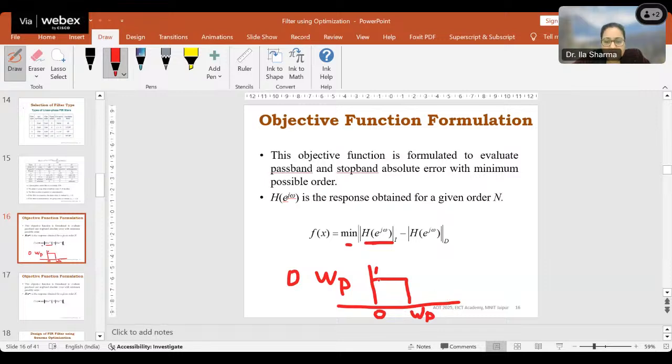So this is our ideal filter. But when we design a filter with any of the approaches, what happens? It has this kind of fluctuation and this kind of fluctuation. This is your omega p. So instead of having this one value, we are having this fluctuation. And when we compute from 0 to omega p, there is a difference.